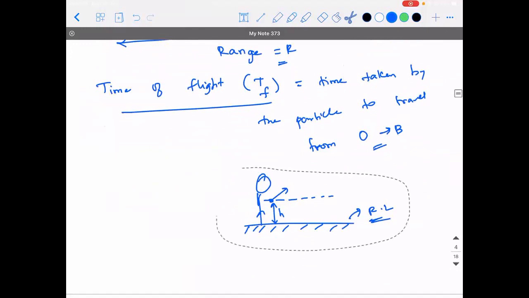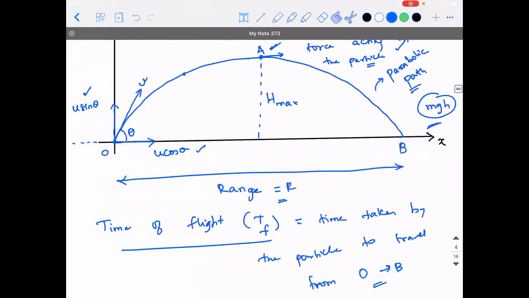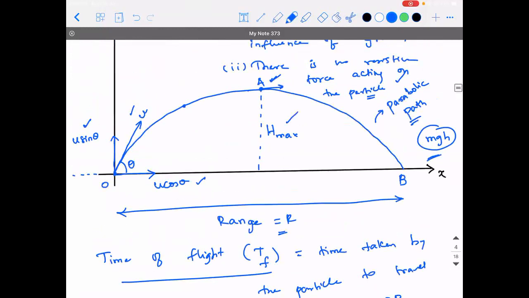But to answer your question, yes. Initially, if I take the ground as a reference, the kinetic energy is getting converted to potential energy. And one more point to be added: it has some kinetic energy also, and that kinetic energy exists because it has a horizontal component of velocity.